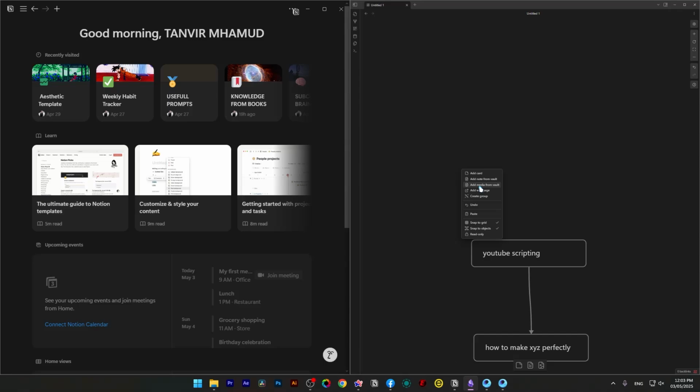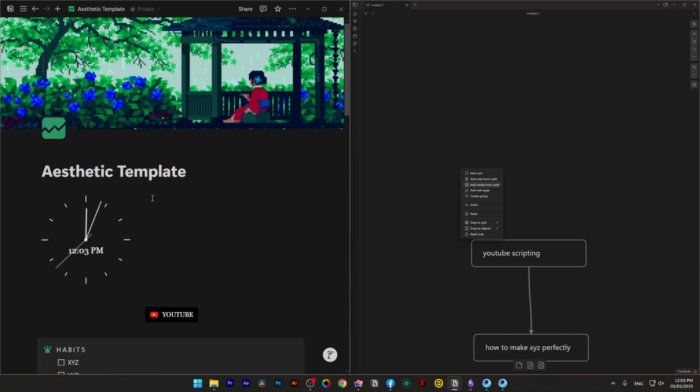So point number 3 is sync and device access. This one's a little bit tricky. Notion syncs across all devices out of the box. It's cloud first, obviously, so everything's just there. Desktop, tablet, phone, whatever you want to use. But Obsidian is local by default. You can sync across devices, but you will either need Obsidian Sync, which is paid, or set up iCloud or Dropbox manually, which is a drawback for me, to be honest.